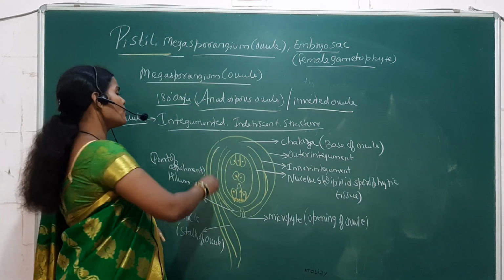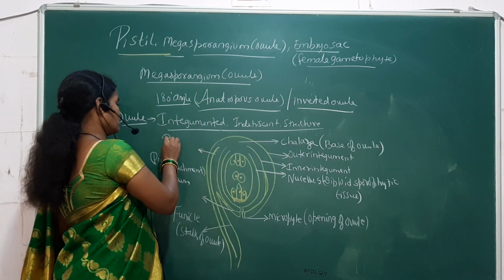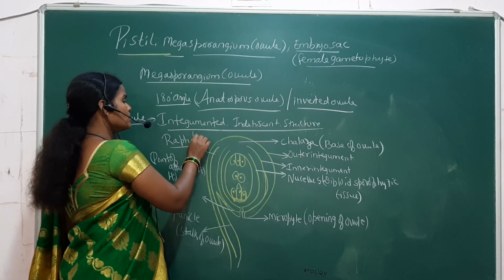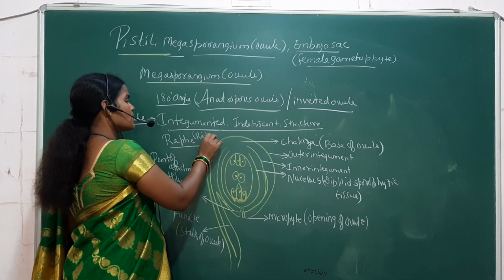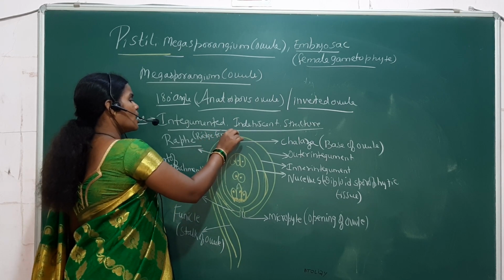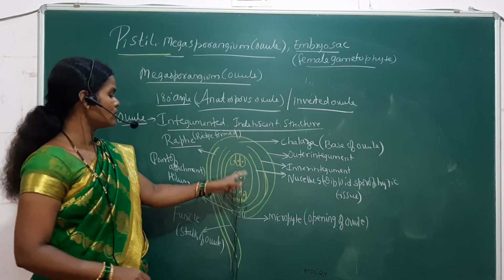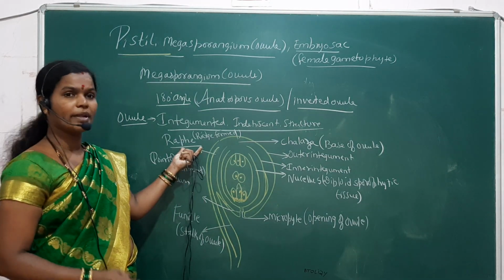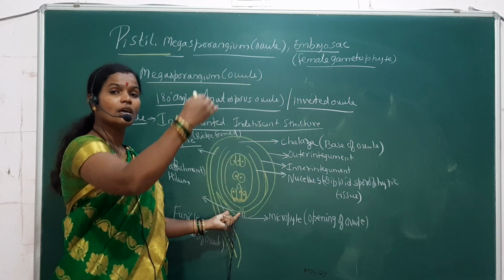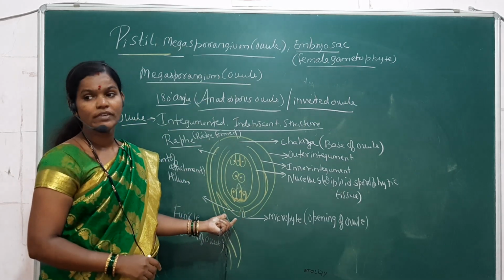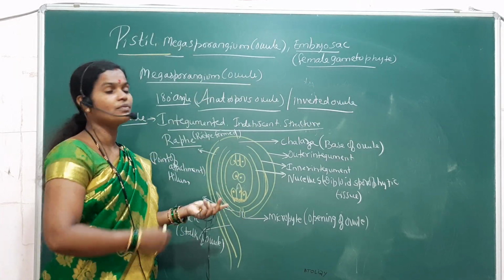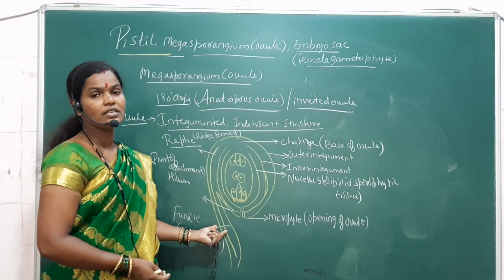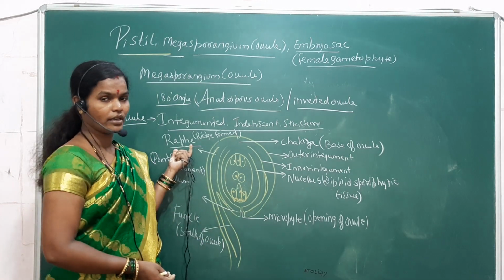Then here one more point will come, that is raphe. Raphe is the ridge formed by the fusion of the ovule to the funicle. The ovule is attached to the funicle at only one side, so that is the ridge formed between the ovule and the funicle. That is the raphe. Okay. So these are